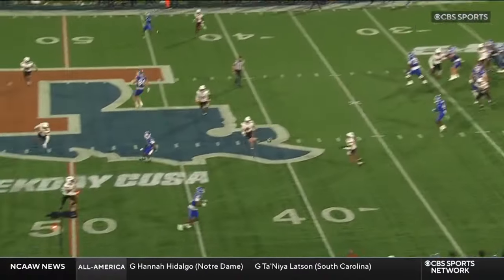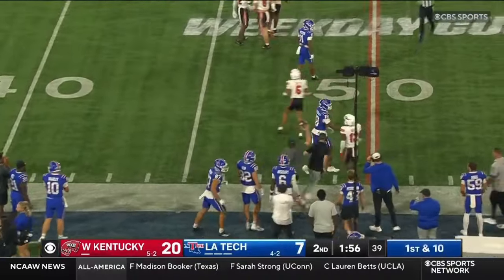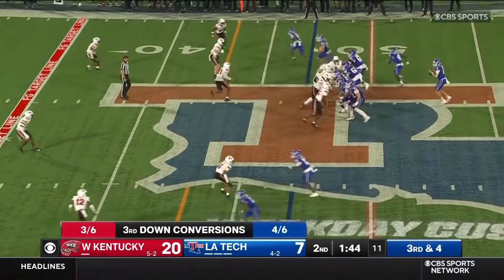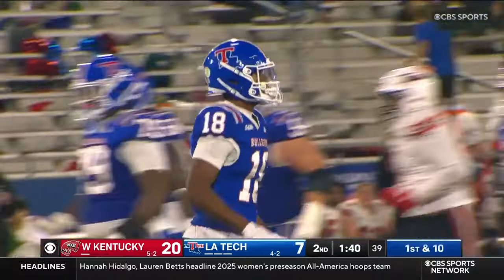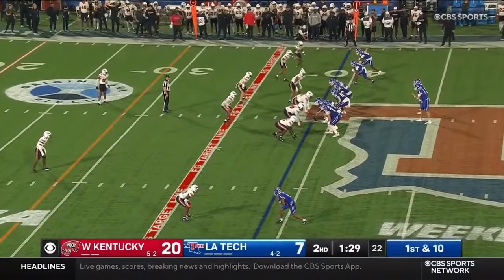And by right back into action here in Ruston as Marlon Jackson moves the chains for Louisiana Tech. Good for the Bulldogs. On third down, a throw over the middle. It's complete. Marlon Jackson on another catch. He's got the first down. Sure-handed. One of the guys that...